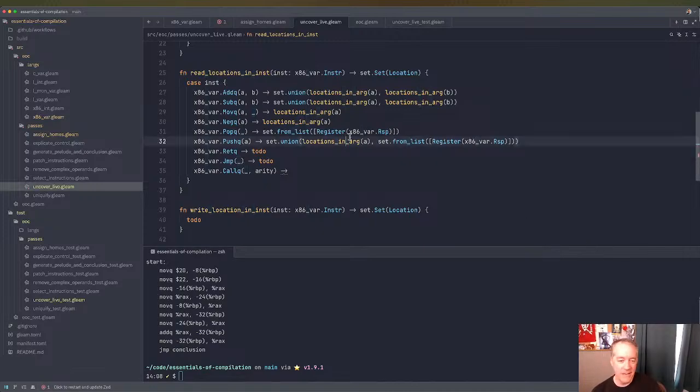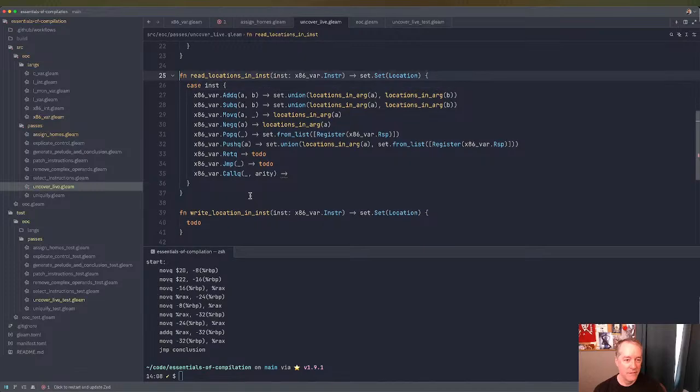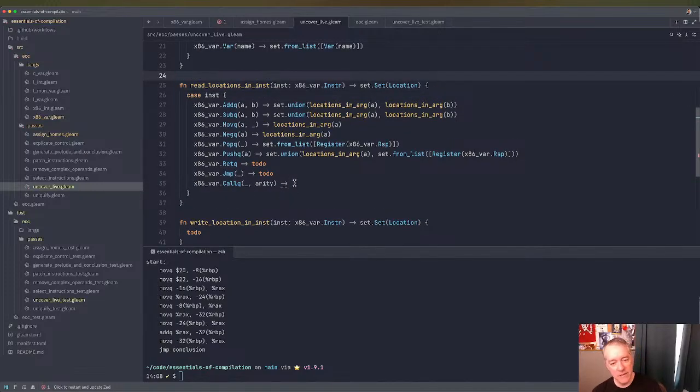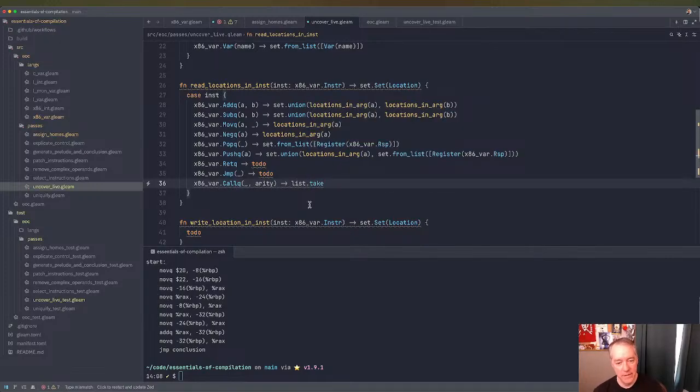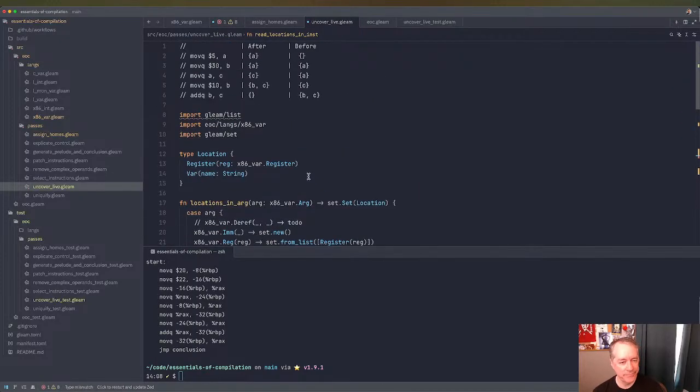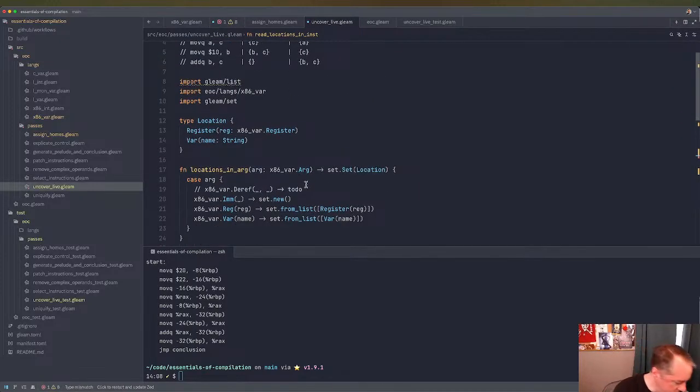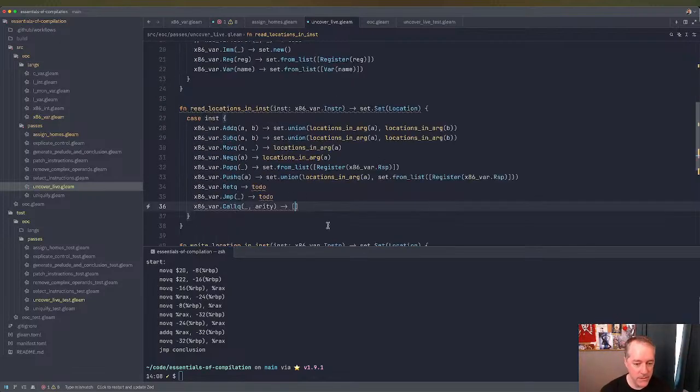Yeah, it's a movq and an addq. Okay, so we need... I wonder if I can do a... Let's do list dot take, and we need a list here. Let's just go ahead and make the list because these are all the argument registers. Yeah, so it's going to be